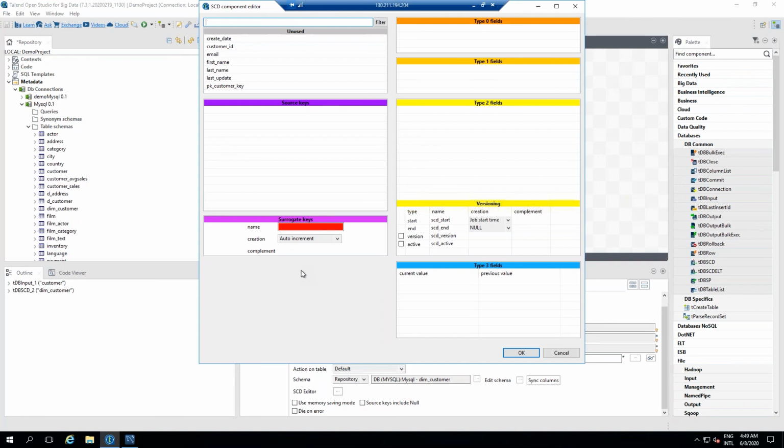Here we need to first specify the type 1 field, which is the field on which we want to create it. So the customer ID is going to be the type 1 field. Then we have to specify the auto increment fields on which we are going to do it, right? Let's see how we are going to do that.